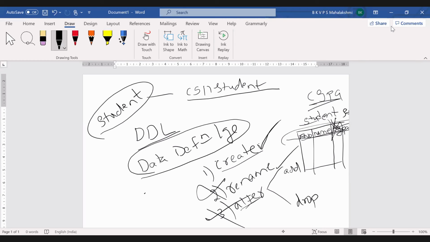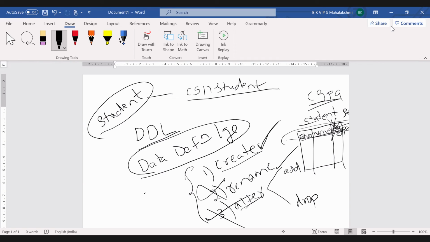These say something about the table. You have created it; if you want, you can rename it. Suppose you want to alter the structure of the table by removing one column, yes, you can go with the alter drop command.